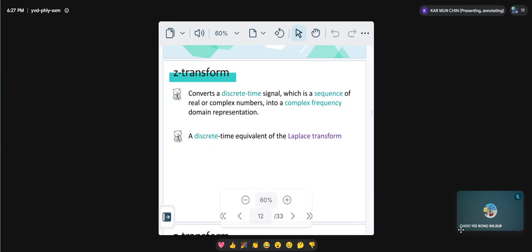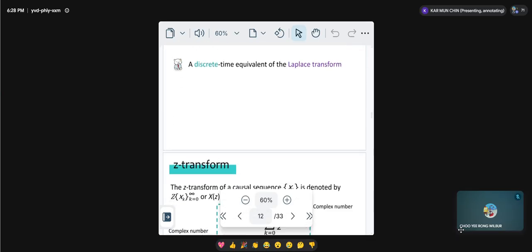But now what you need to know is how to do the Z transform. This part you can learn afterwards. Now you only need to know that when the question is given, how you do the Z transform. It is a discrete time equivalent of the Laplace transform. It's a little bit similar to Laplace transform, or I can say even easier than Laplace transform. Later we'll see. Basically you have formulas to reverse also. There will be, I think, 5 to 6 given theorems